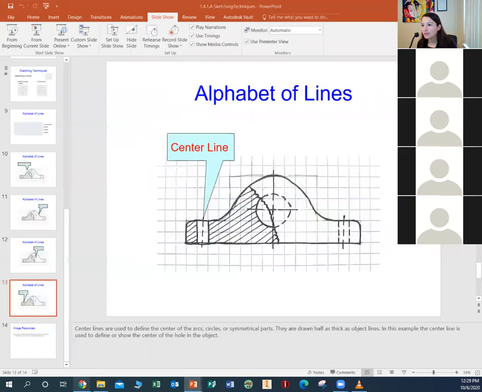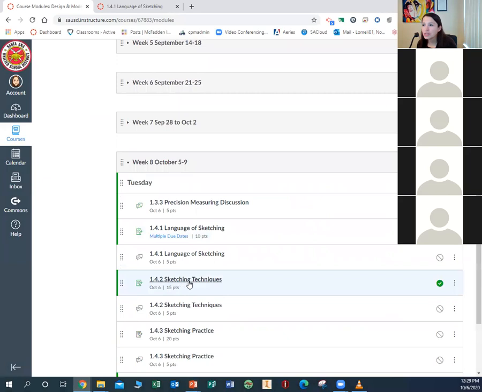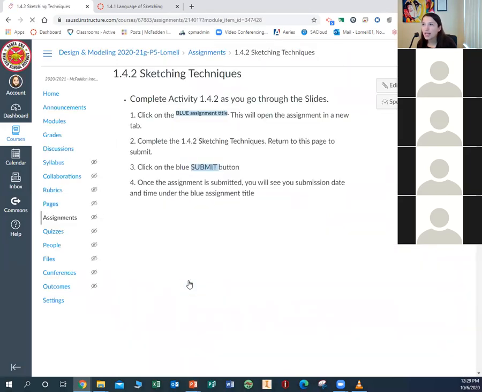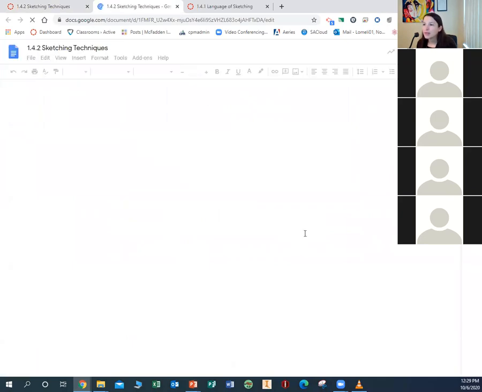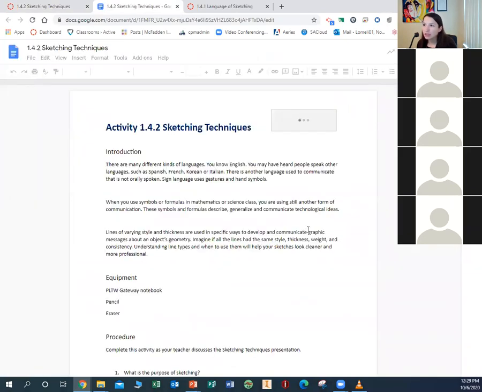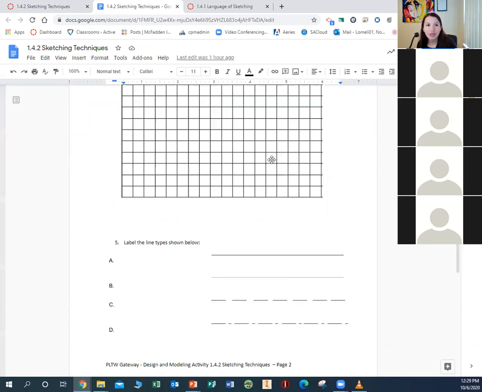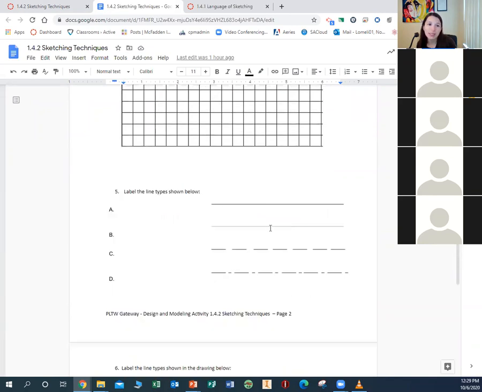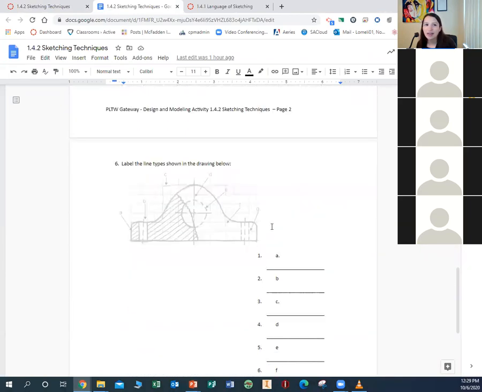Now, your assignment for this lesson is located in 142 Sketching Techniques, which you already have open because you were answering them as I was teaching it. And you've already answered number 1, 2, and 3. Number 4 was done in your engineering notebook. Number 5 was done in your engineering notebook. Number 6 needs to be done on the doc. So you are going to type in,